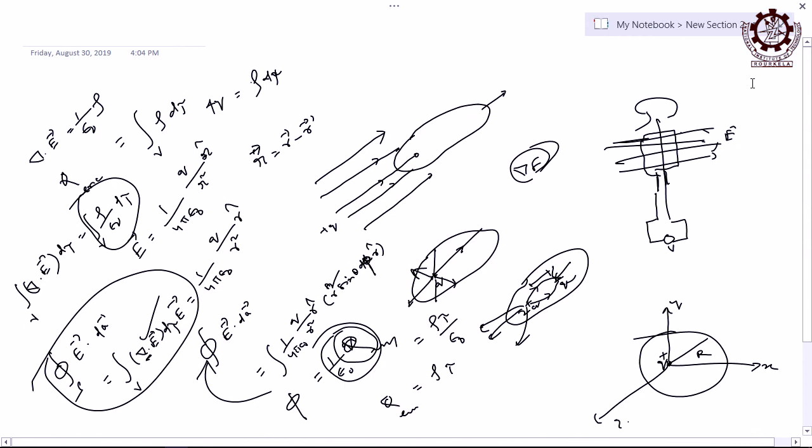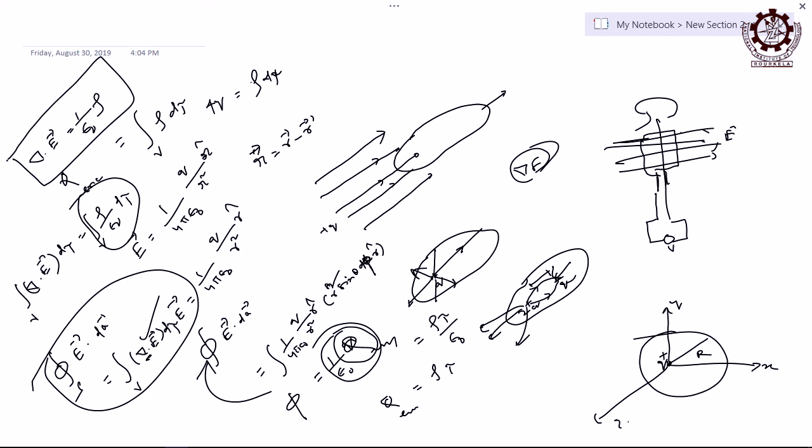Now, if you write it in vector form, what will you get? How can you write that in vector form? One thing I am telling you: is this the scalar form or the vector form? It is just magnitude, the scalar form. Flux is also a scalar. But if you want to write it in vector form, how can you write that? If I write del dot E vector is equal to 1 by epsilon 0 times rho, am I wrong or correct?